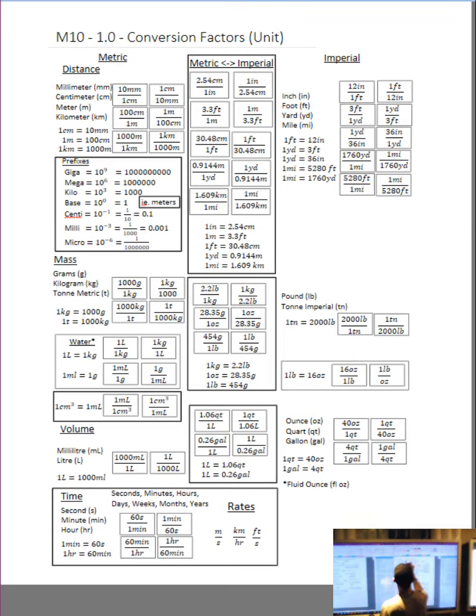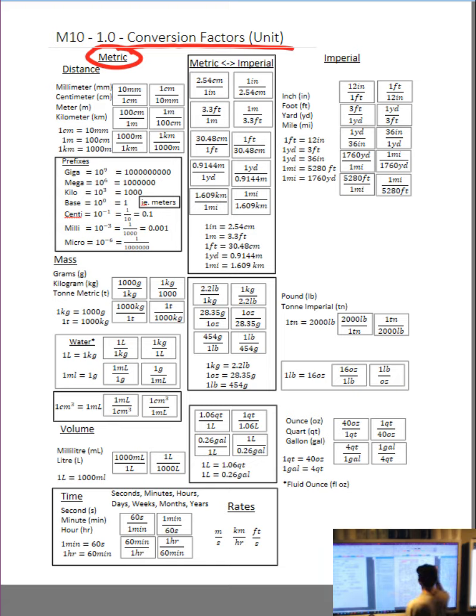Okay, conversion factors, units. So remember we have metric versions of 10 because we have 10 fingers and we count 1, 2, 3, 4, 5, 6, 7, 8, 9, 10. The only reason why the number 10 is good is because we have 10 fingers. There's an alien species that counts to 8 and goes 1, 2, 3, 4, 5, 6, 7, 10, 11, 12, 13, 14, 15, 20, etc. But we have 10 fingers, so we made the metric system with 10s because we thought it was an easy